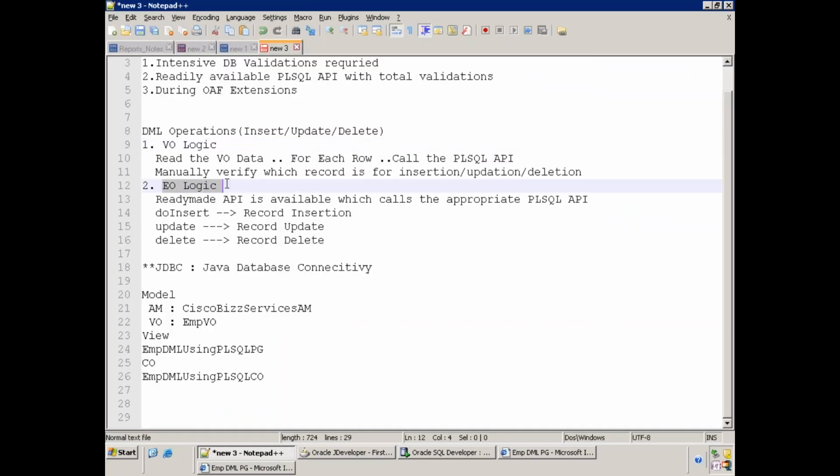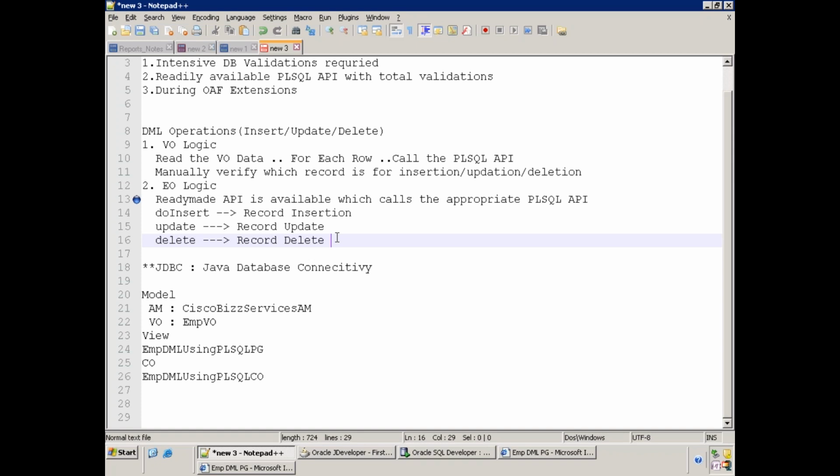This one, the EVO logic. This EVO logic will be damn easy. It's actually a preferred logic, but we have to know the internals. When you have any methods to be discussed, you have to know the optional things also, which is perfect, which is not perfect, which needs to be called at what point of time. Most of the developers prefer the first one, because some of the developers may not be aware of the second one, so they go with the first one only. That's the reason you have to know both of these things.